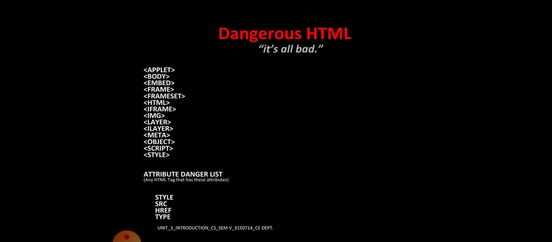Dangerous HTML tags are applet, body, embed, frame, frameset, HTML, iframe, image, layer, meta, object, script, and style. A few dangerous attributes are style, source, href, and type.